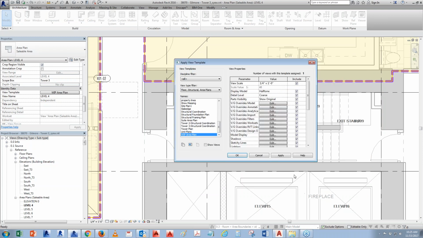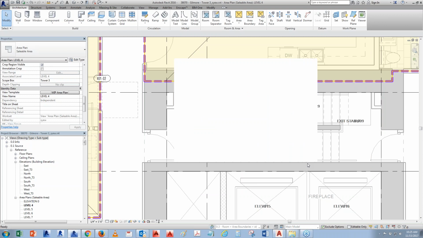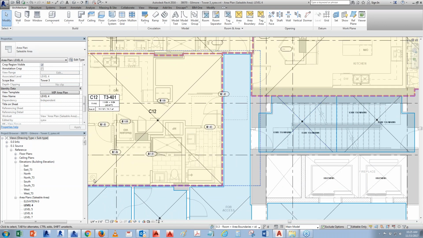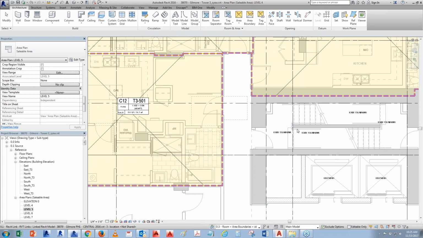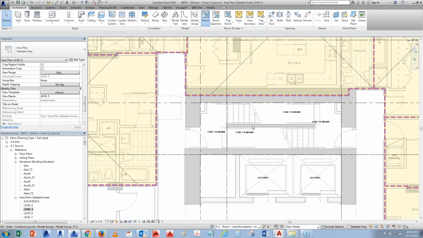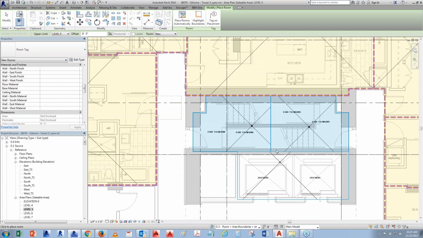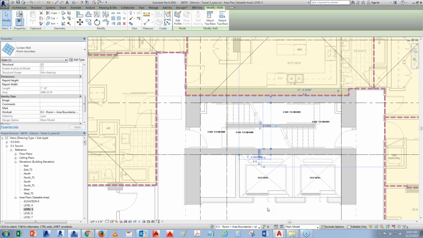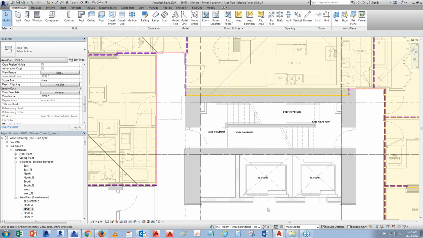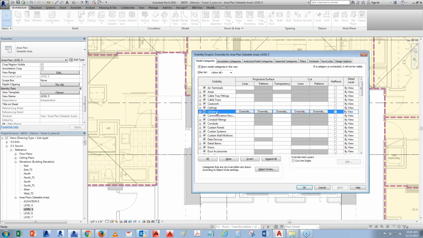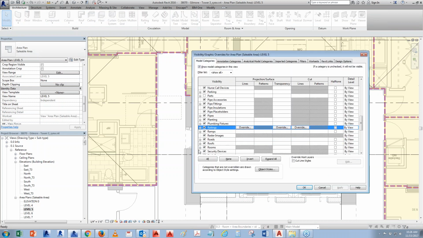I like to put in that fill region. Okay, let's say there's your room. Now, when you go up to the upper level and you put in the same thing, you see that you already have one room boundary established, and it basically works with multiple levels. So that's the idea behind using the curtain wall rather than using the